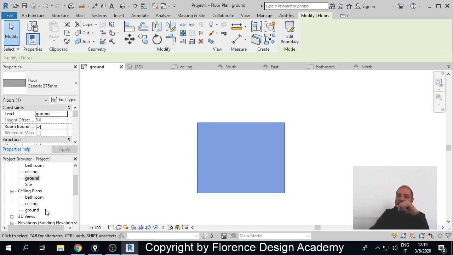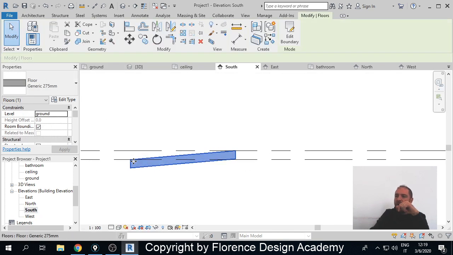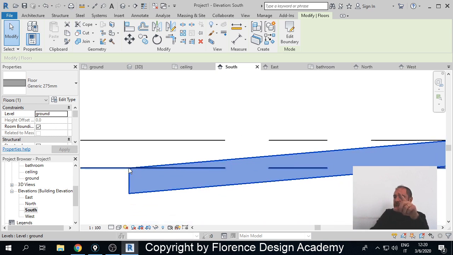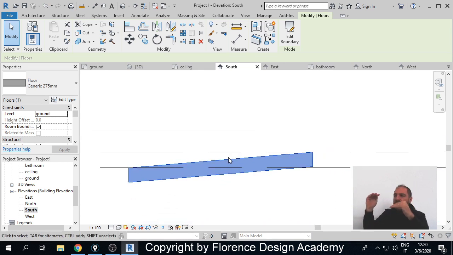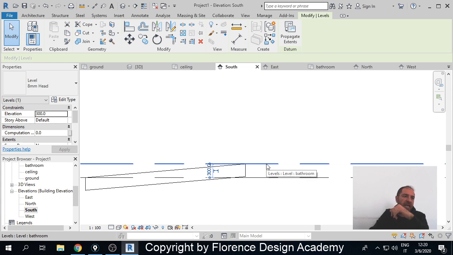And we can see that if we go to this elevation, we can see that this is perfectly working. And also, to prove that the slope and levels are sticky together, we can simply check that if I move the level up,